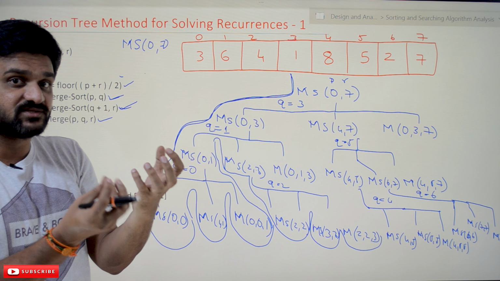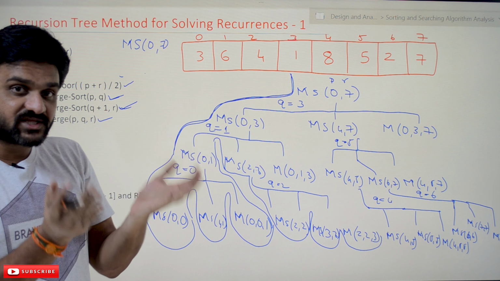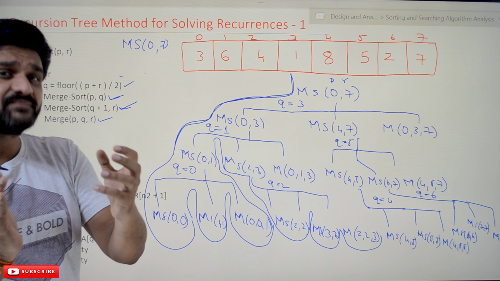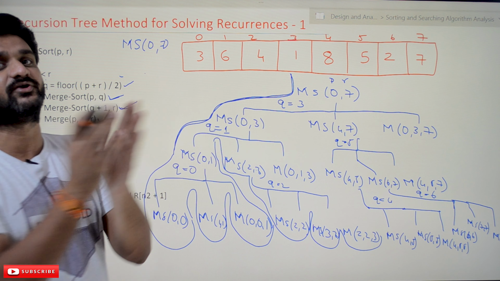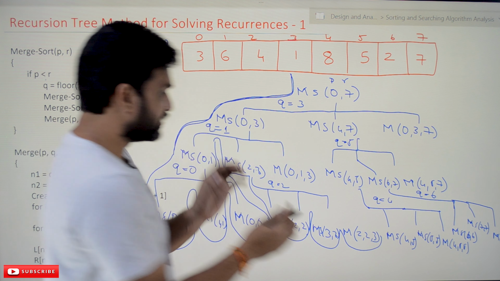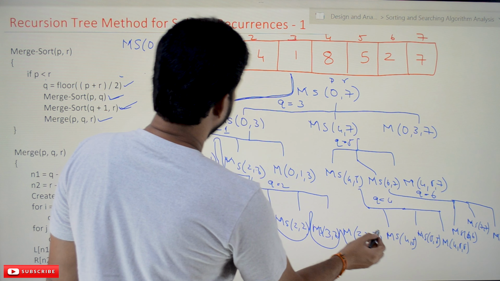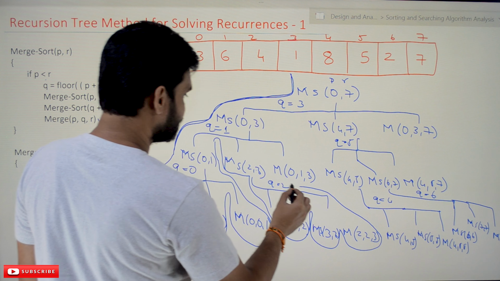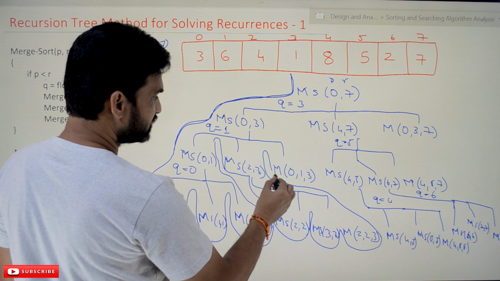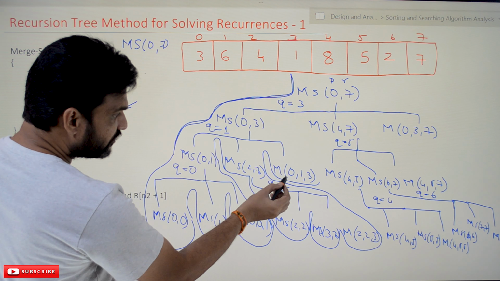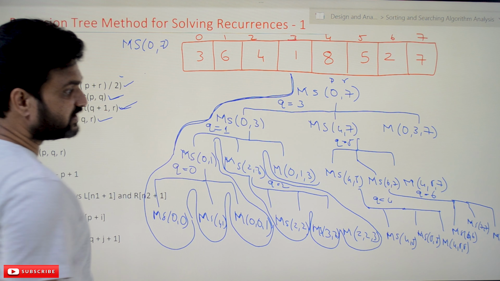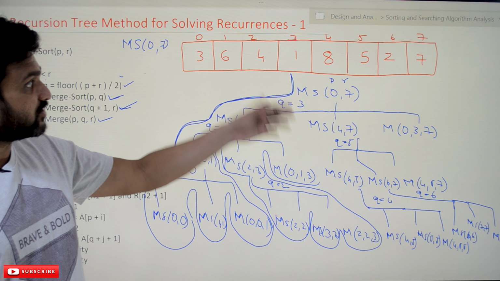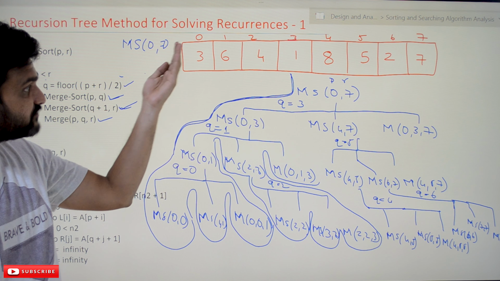So that is the essence of divide and conquer, right? Dividing the problem into pieces, solving the small problems. Conquering means solving the small problems, and then we are going to combine. Okay, so now this one will get solved, 2 and 3 will get sorted. And the next one is, see here, this is how things will go. Now merge of 0 comma 1 comma 3 will get called, which means that this entire part will be in sorted order.